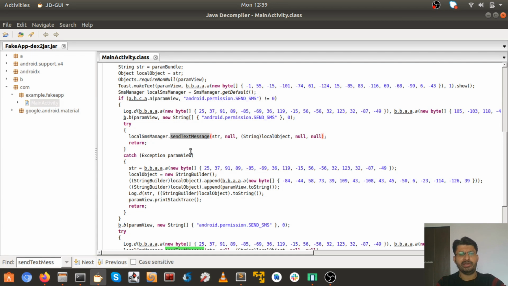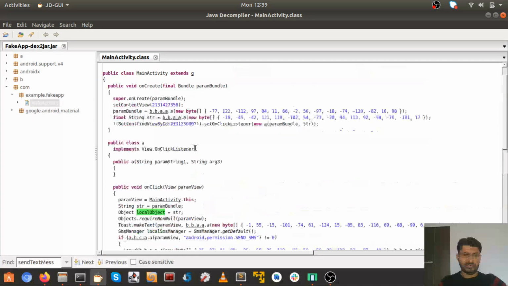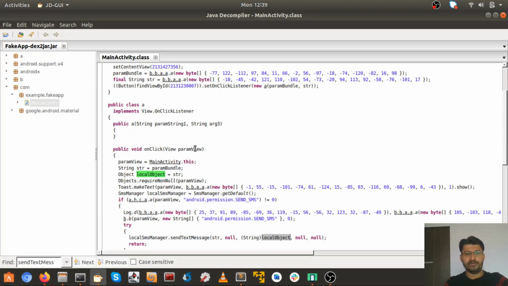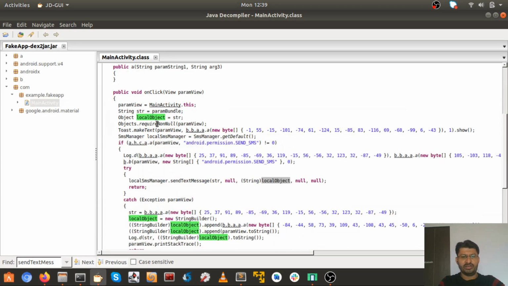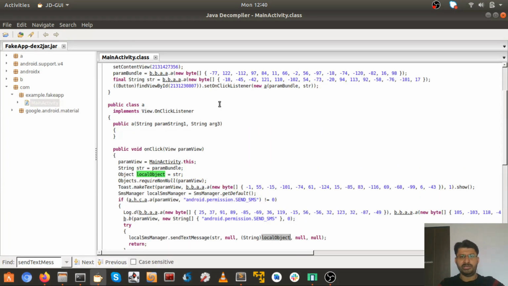Now ideally in happy scenarios, or if you are lucky, you can find this string directly mentioned somewhere in here, or say in the strings.xml file, or somewhere around the app package. But the way I have obfuscated this particular Trojan is that you'll not actually get where exactly this string or local object is defined. It's a good obfuscation method. Basically I used Enigma for this.